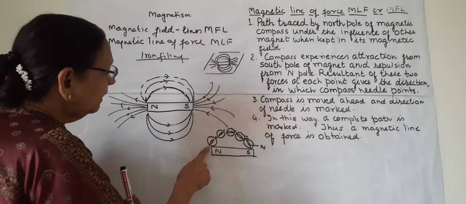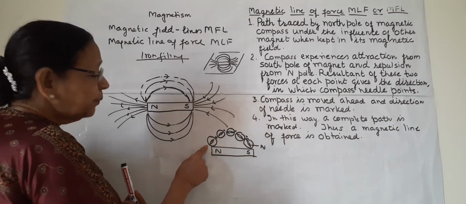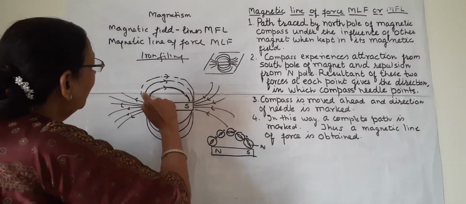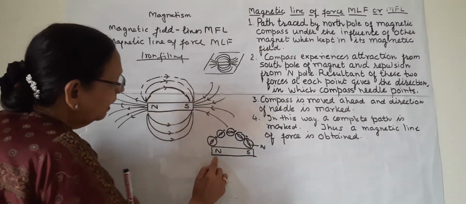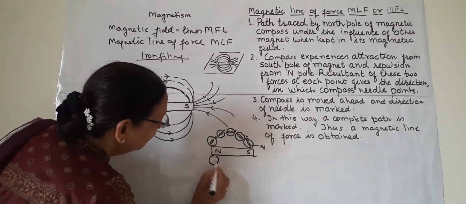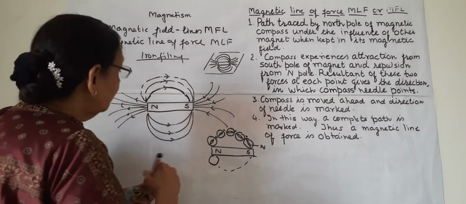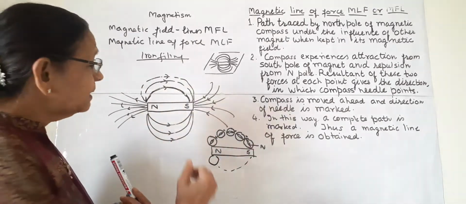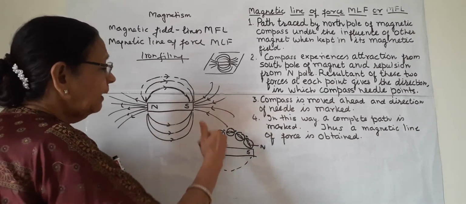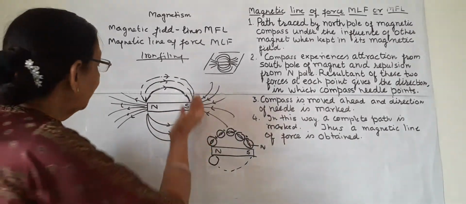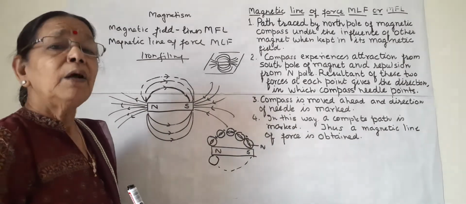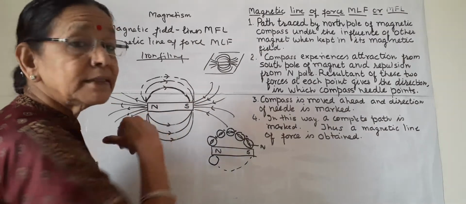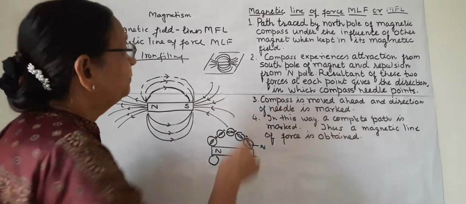Again, this compass is put on the north pole, near the north pole, a bit above, and we will have this line. If we put it here, we will have this line. So these lines are formed by putting the compass again and again, and magnetic field lines having this pattern are formed. So I will read out how these magnetic lines are formed.